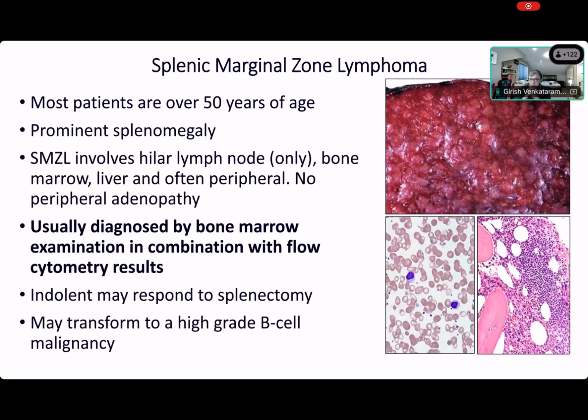Let's start with splenic marginal zone lymphoma. And like I told you, on gross examination, you will see these multiple miliary nodules, which look whitish, which is because of expansion of the white pulp. So typically marginal zone lymphoma will involve the white pulp, and it behaves properly and follows the histoanatomy of the spleen correctly. It looks like a caricature of the white pulp, but thankfully, splenic marginal zone lymphoma will show involvement either in the peripheral blood, where the cells will come out and circulate, or they will go to the bone marrow and sit there. So that's why to diagnose splenic marginal zone lymphoma, we either do a flow of the peripheral blood, or we will do a bone marrow biopsy and look at it. These are the two ways you can get to the diagnosis.